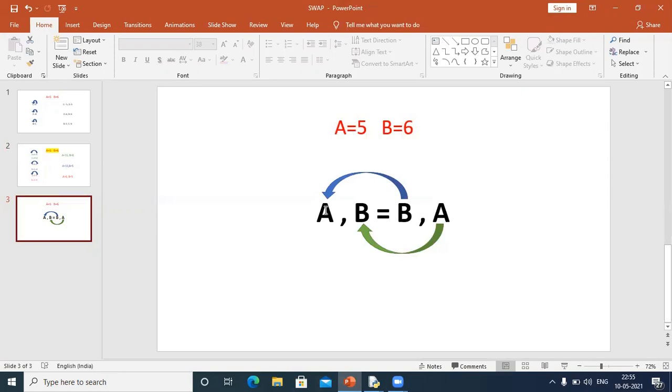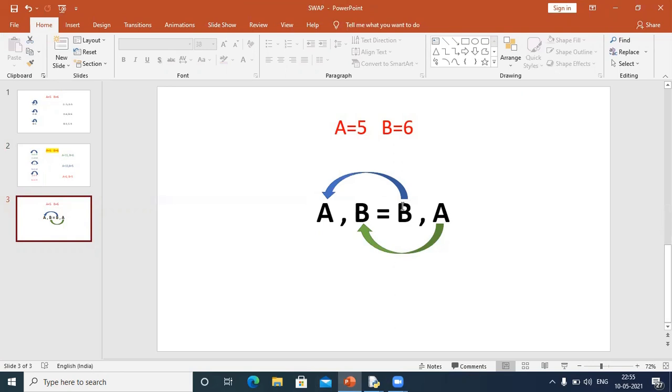So I cannot do it like this. In this case, these 2 things will work simultaneously. When the value of B is copied into A, at the same time we copy the value of A to B. So there will not be any overwrite and you will not lose any value.